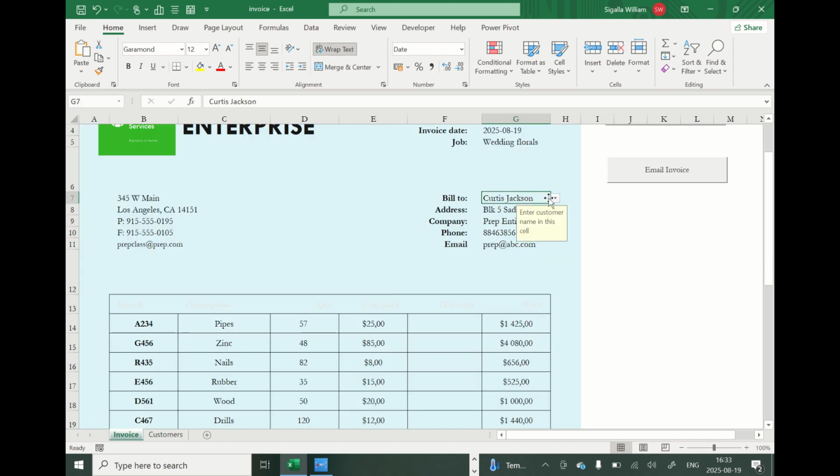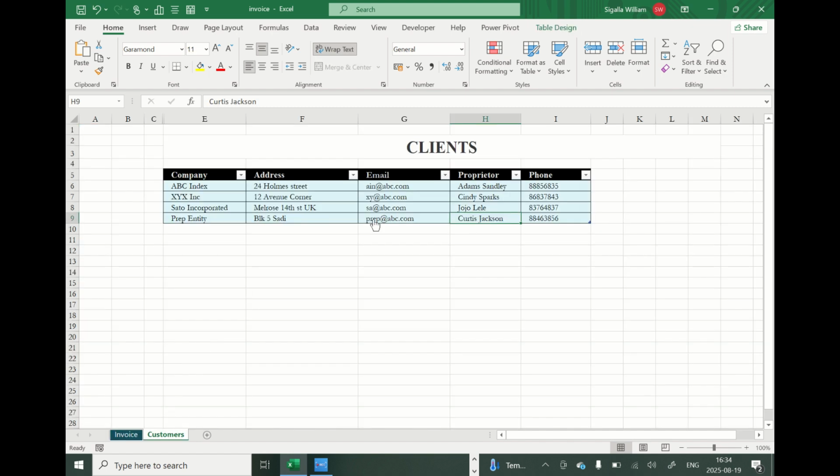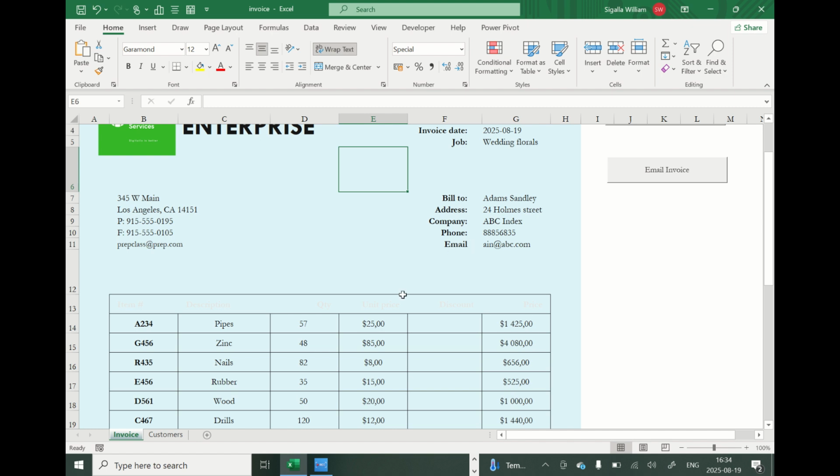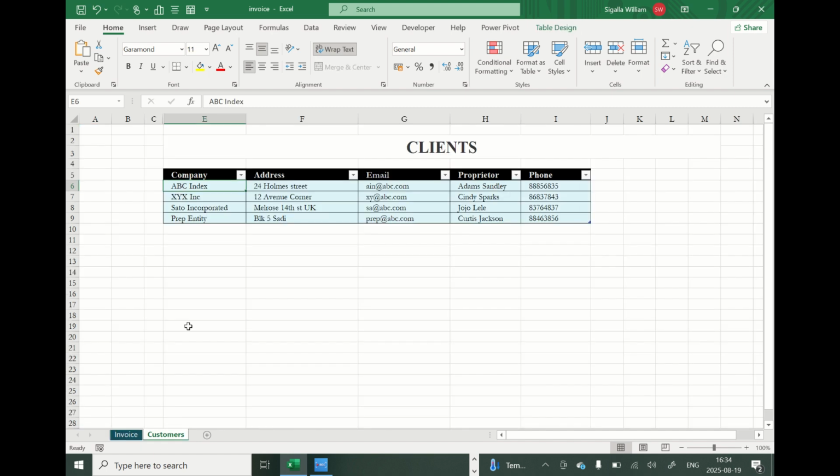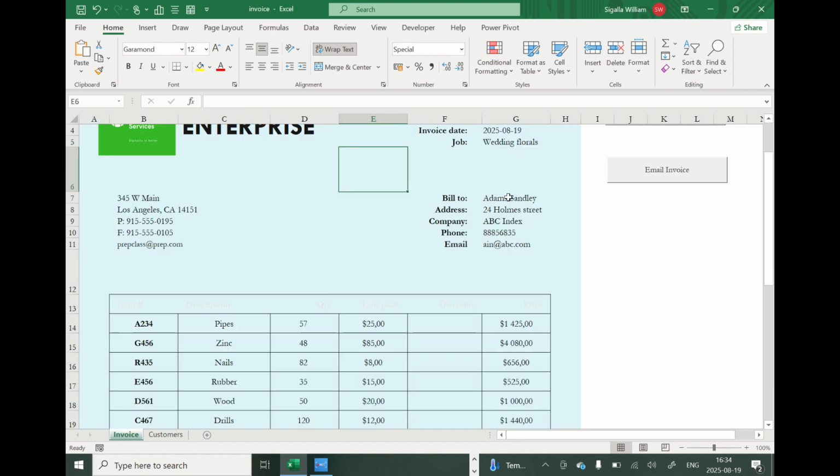So if I change Curtis Jackson to maybe Adam Sandley, we have all their details too. Adam Sandley, the address is 24 Homes, company is ABC Index. Adam Sandley, as you can see, 24 Homes, ABC Index, and the rest. XLOOKUP was used to link them to the invoice, so you don't have to be filling in the details. All you need to do is fill in the customer's name here, and when you're generating an invoice, you just tap the name and the rest of the details will